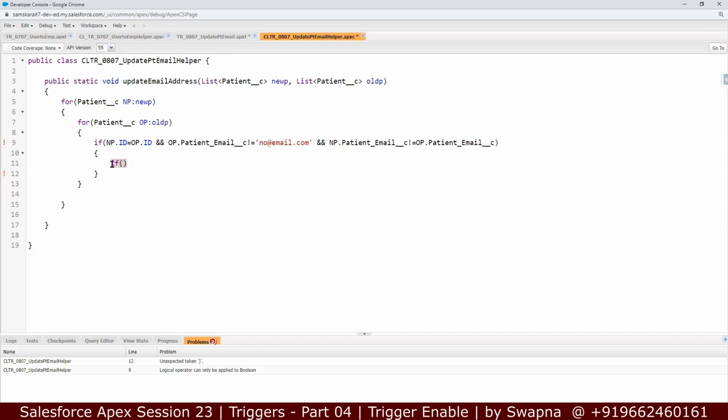Okay, so what are the conditions that I have? One is ID matching. And the second one, I'm checking the old patient email is not equal to no@email. And did it really change the value? That means the old patient email is not matching with the new patient email, so they have really changed it. If everything goes fine, then I wanted to update the,